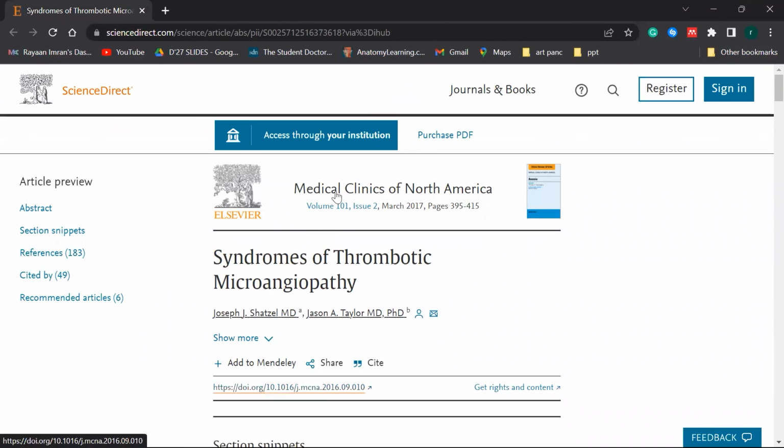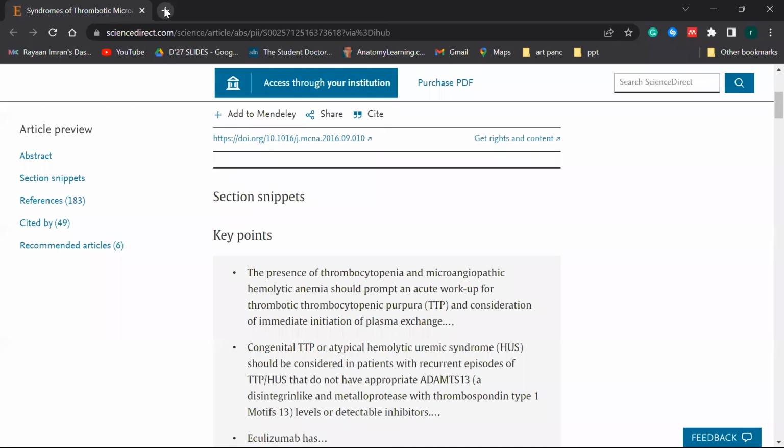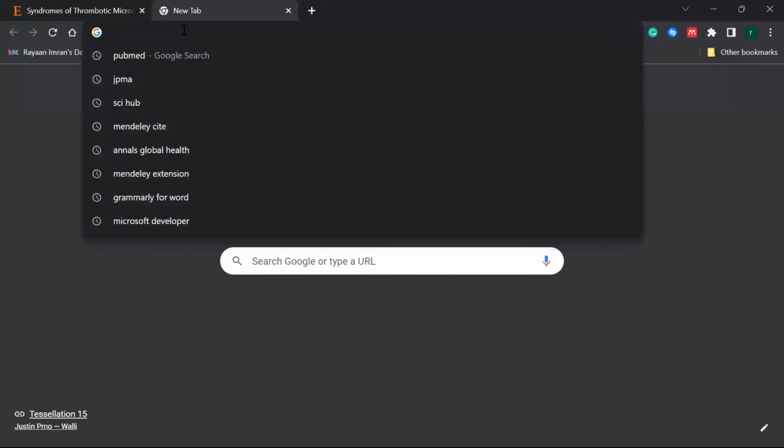So here you have to purchase the PDF. It shows we have to pay money, but we are desi. We are desi people. We do not like to pay for stuff. There should be a jugaad, find a jugaad. In Pakistan we find a jugaad. So we're not going to buy this, all right? That's not something that we're going to do. So there is this website called SciHub.